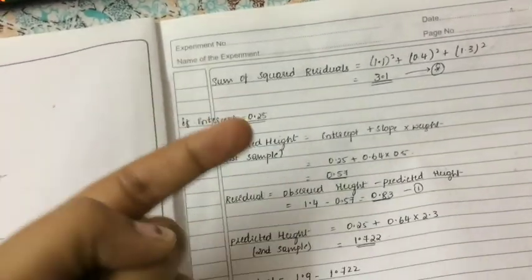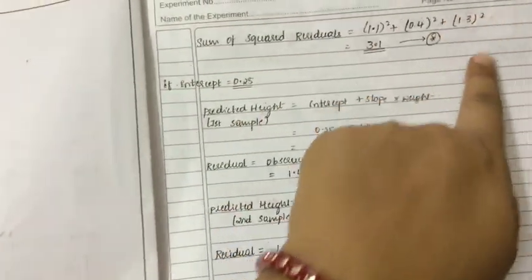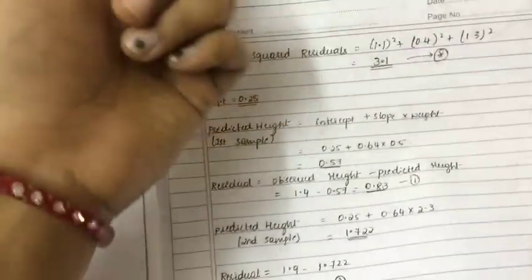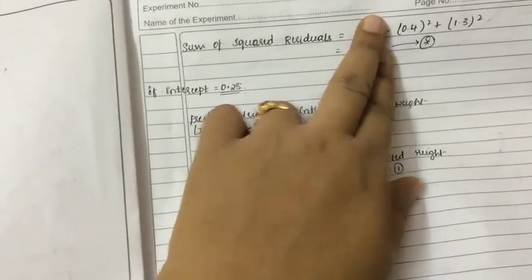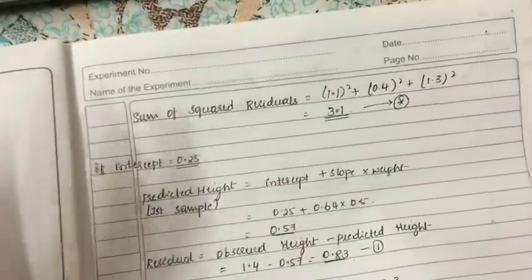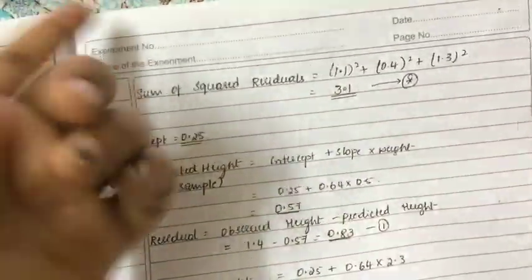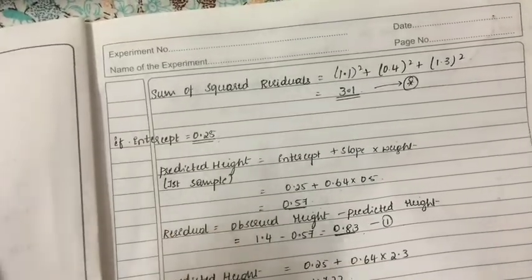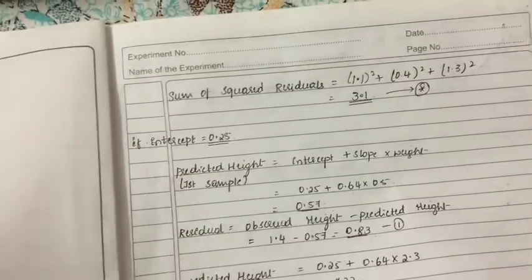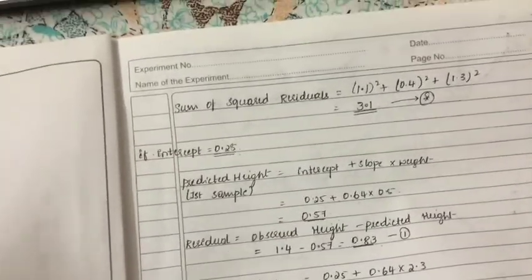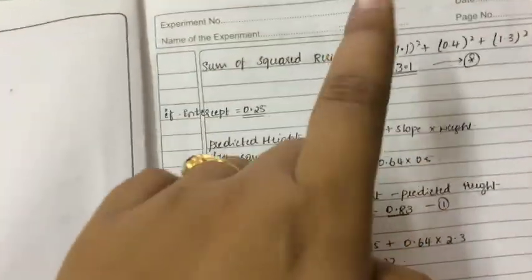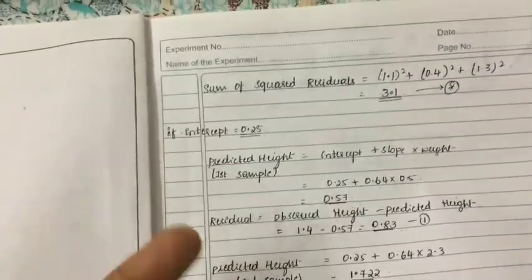Whereas in stochastic gradient descent, you choose any one error randomly. Suppose I just take 0.4 squared or 1.3 squared or 1.1 squared. Any error I can take randomly, and then I am going to approximate. Approximately I am going to say that yes, the error can be in the range of 1 to 2 or 2 to 3. I am going to predict it. That is a stochastic approximation.